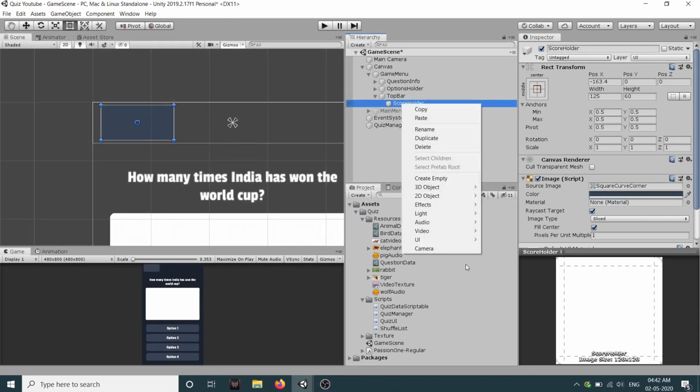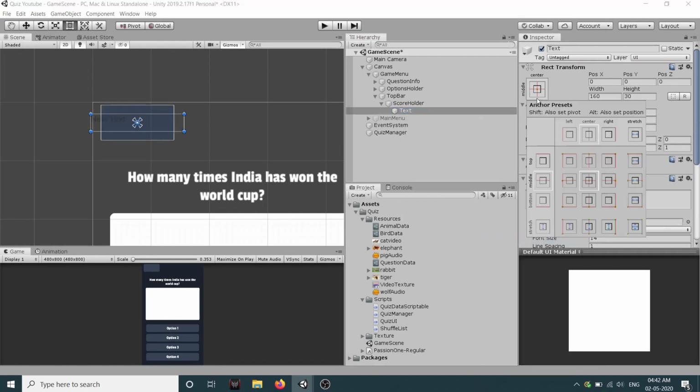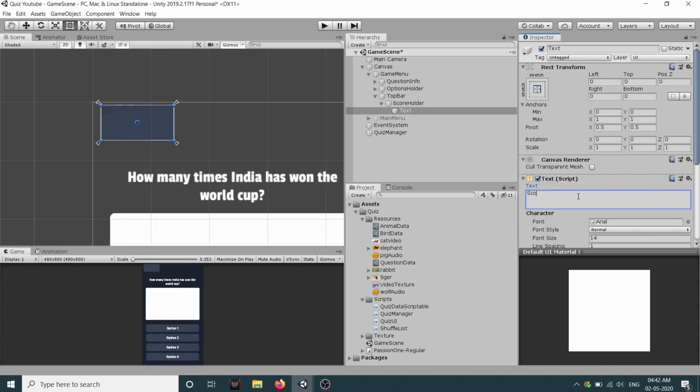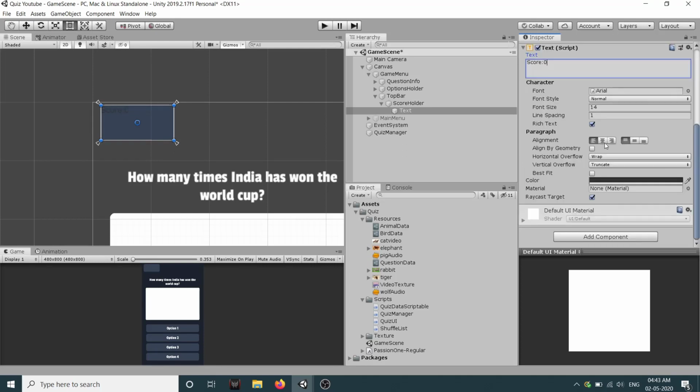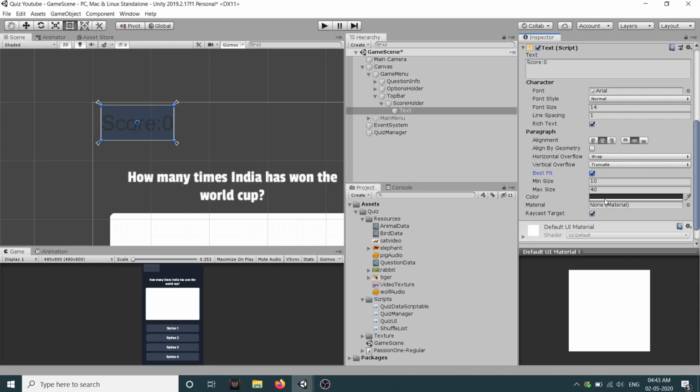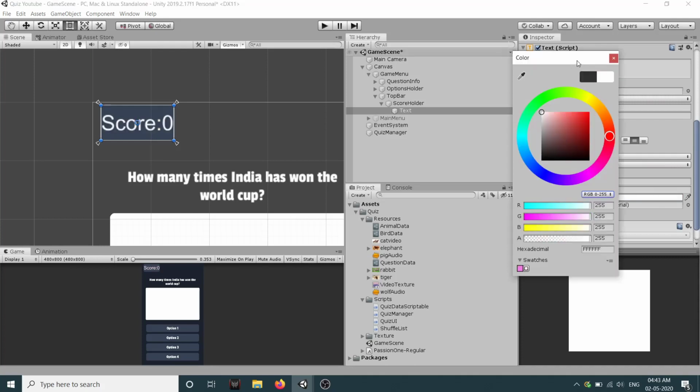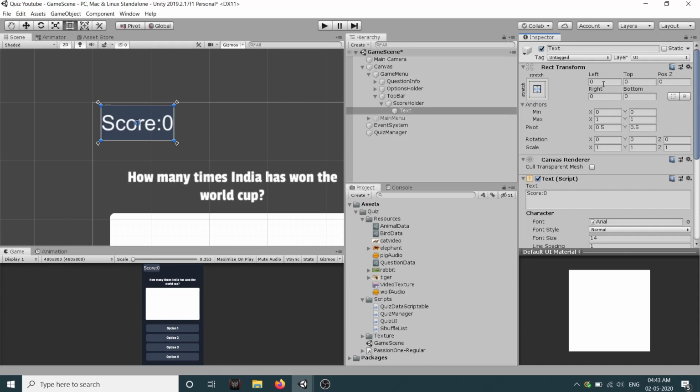Let's create a new text inside it. Let's stretch it, holding shift and alt key. I will call this score, which will be equal to 0 at the start. Align the text, set to best fit, and change the color to white. Let's set the left, right, top and bottom to 5.